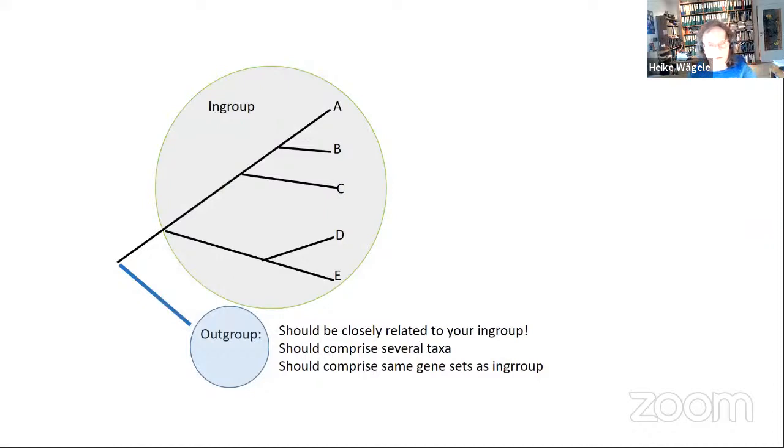So we have to choose an outgroup, and this outgroup should be closely related to your in-group. It should comprise several taxa, and it should comprise the same gene sets as the in-group. Sorry for the mistake here. It's only one R. So should comprise same gene sets. When you have worked here only with CO1, of course, you need in the outgroup also only CO1. When you have worked with CO1, 16S, and H3, you should also include in your outgroup H3. Of course, since you choose deliberately this then outgroup, it is not that big problem if you have not the